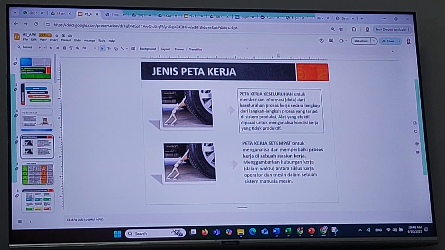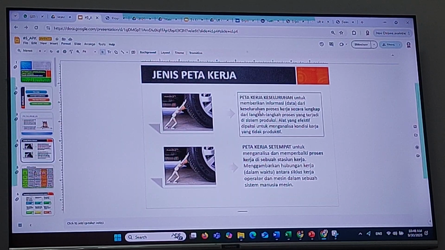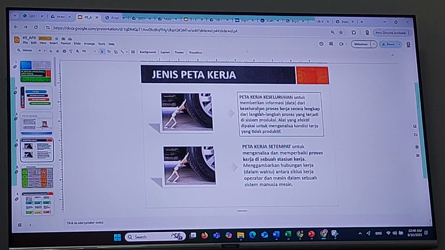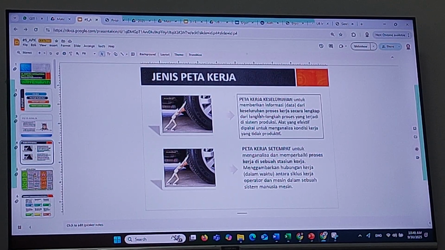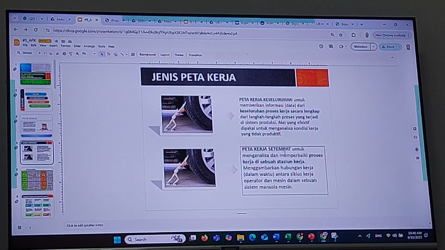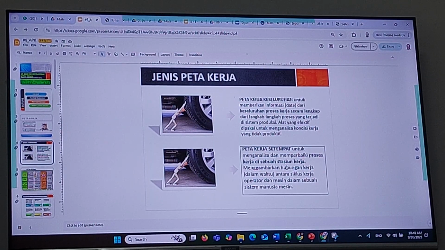Divide of the machine chart. We have overall machine chart. So for the machine chart, we divide into two options, two types: local process map and also overall process map. For the overall, we will divide all of the process completely. But for the local process map, we will divide only a part of the process.